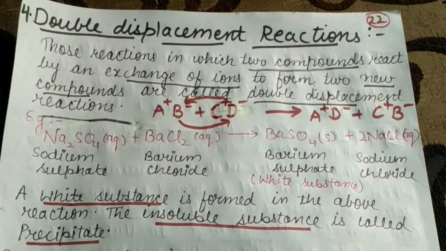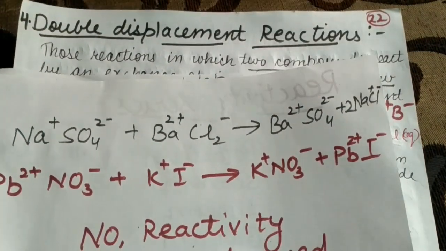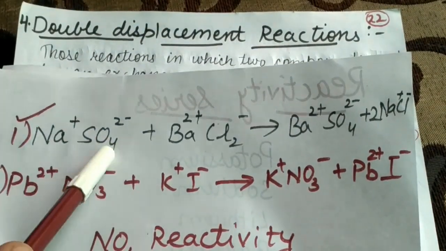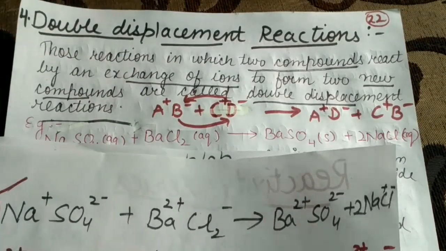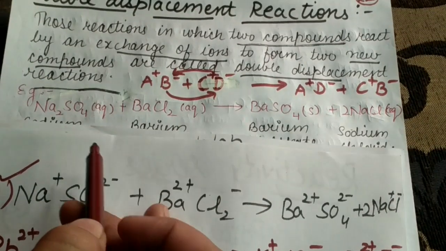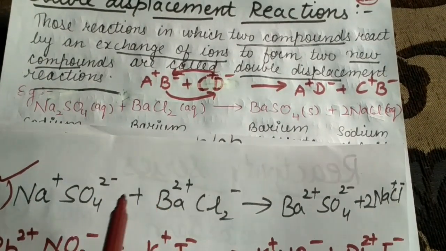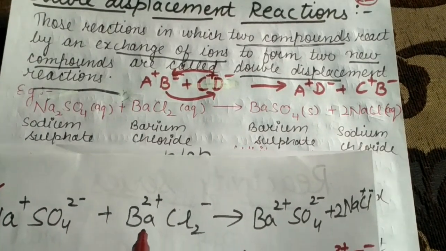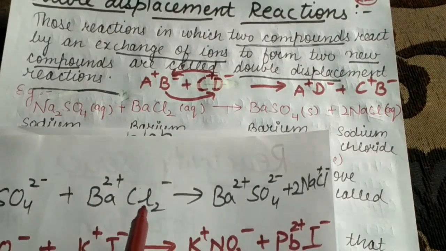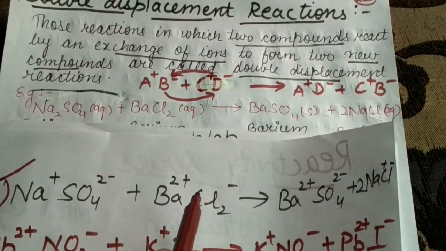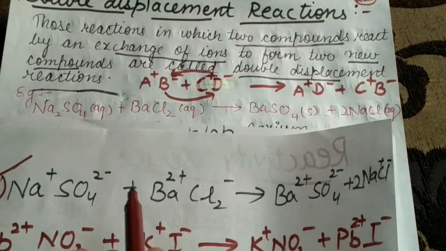This will be more clear to you. I have written this equation in the ionic form. So this is the first example which I am going to discuss. Sodium sulfate solution, I have written in the ionic form. Sodium is Na positive, and sulfate is SO4 2 negative. Barium is Ba 2 positive, and chlorine is Cl negative, because these are the valences which I have written here, beta, as you have already done this in 9th class.